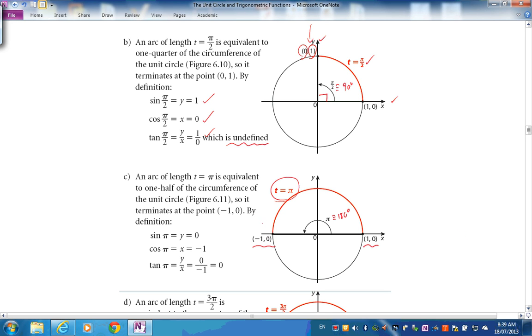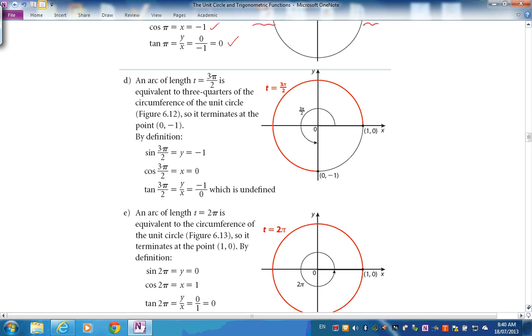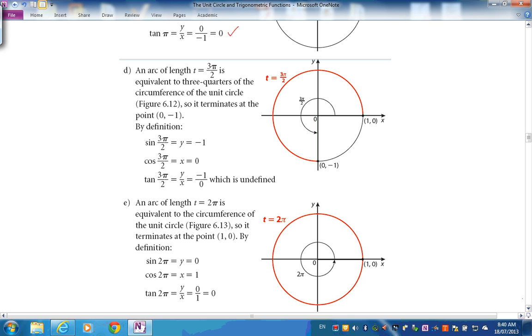So where are you going to end up? This is the x and this is the y. So the sine of pi is 0 and the cos of pi is -1, picking the x and y coordinates. The tan of pi is y over x, 0 over -1. Do you get it? It's becoming quite different, isn't it? Okay, not hard though. We're just developing this with the arc length and radius stuff and expanding trig functions into